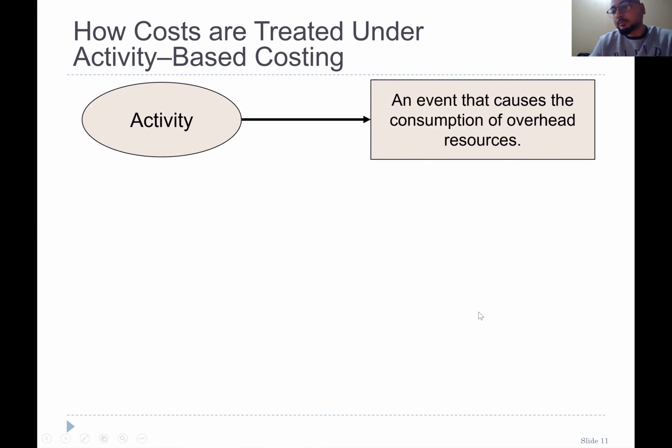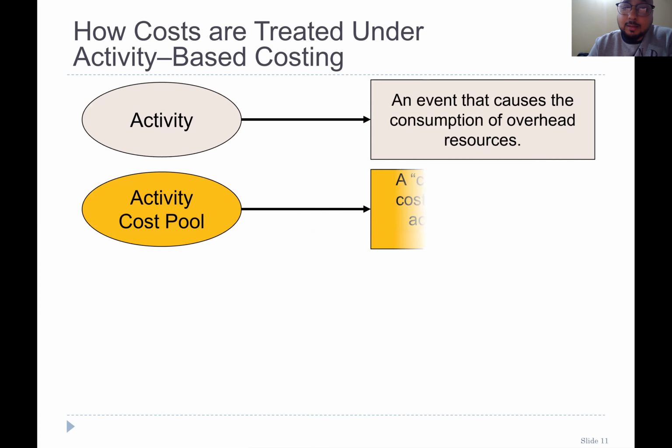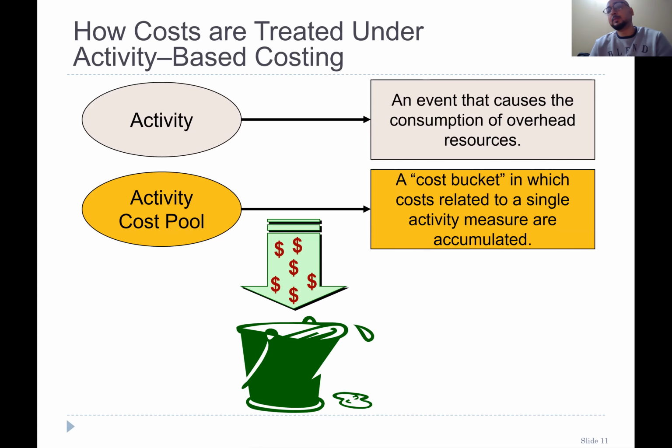So what do we mean by activity in activity-based costing? It is an event that causes the consumption of overhead resources. Simple. The activity cost pool is the cost bucket, in which all the costs that are related to a single activity are gathered. So what does it mean? It means